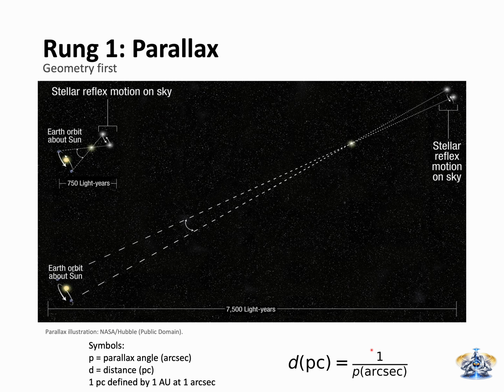Why is this rung 1? Because it calibrates everything. Once we know distances to nearby stars using parallax, we can determine their true intrinsic brightness. Then those objects become our calibration tools for methods that reach farther. Now here's the twist. When we measure brightness, we are measuring light in certain wavelengths. To interpret brightness properly, we need to understand what the star spectrum looks like.